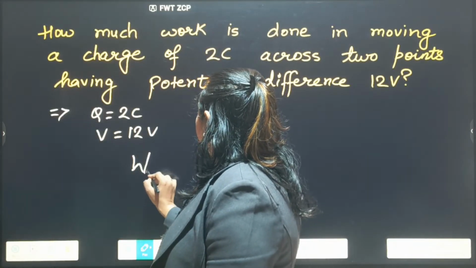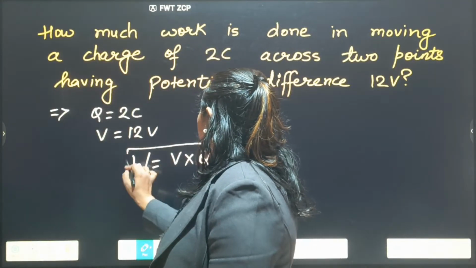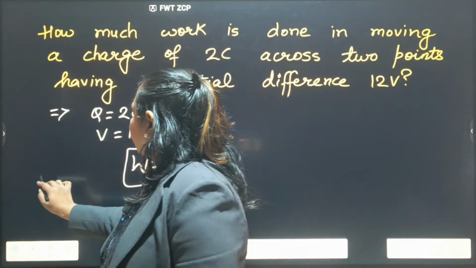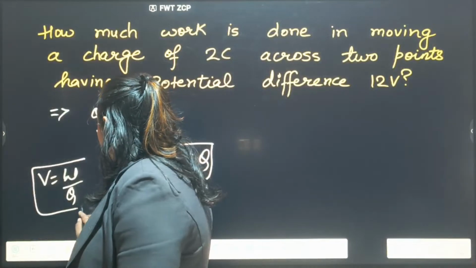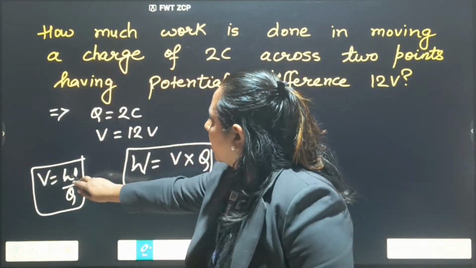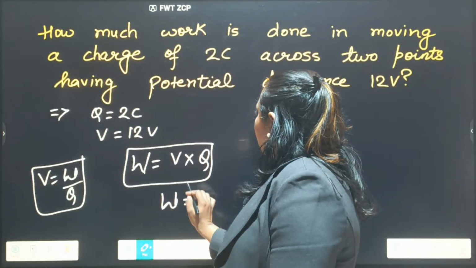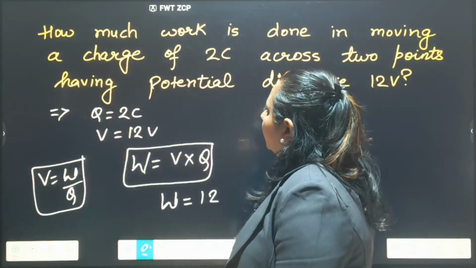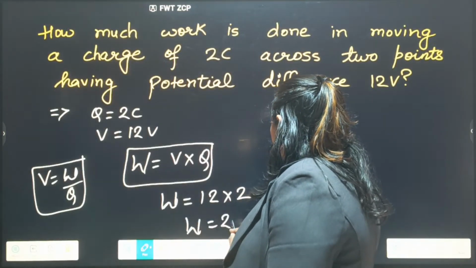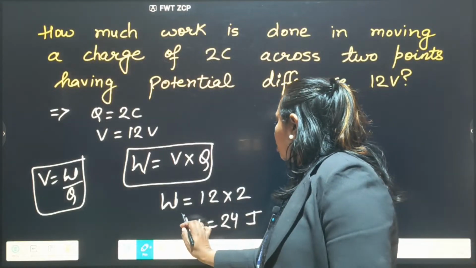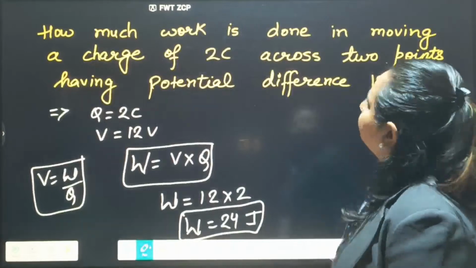So what is the formula for work done? Work done is equal to potential difference into charge, because potential difference V is equal to work done to move a unit positive charge. So from there, work done is equal to potential difference into charge. Okay, so potential difference we have given 12, charge we have given 2, so work done is equal to 24. The SI unit of work done is joule, so we have 24 joule work done to move